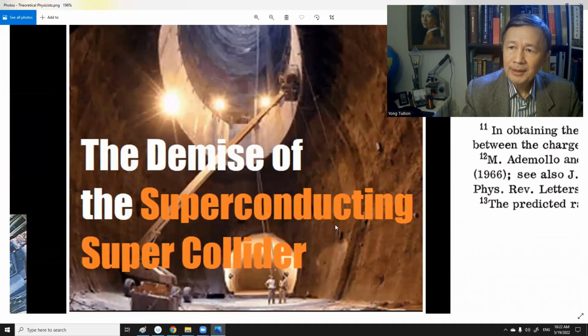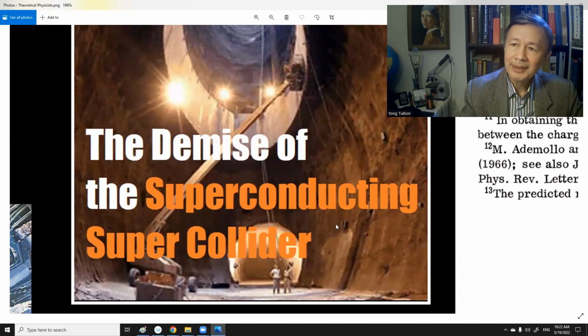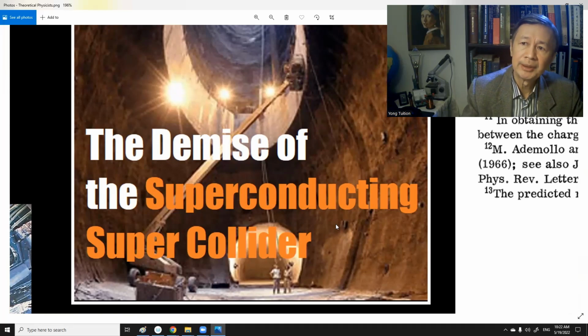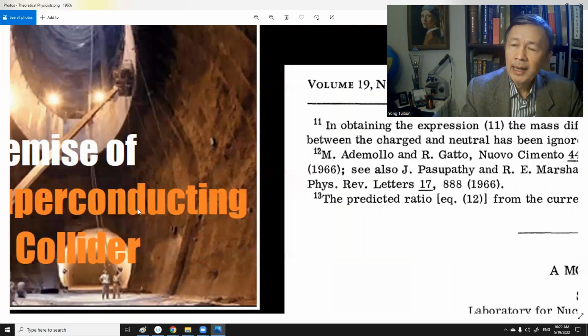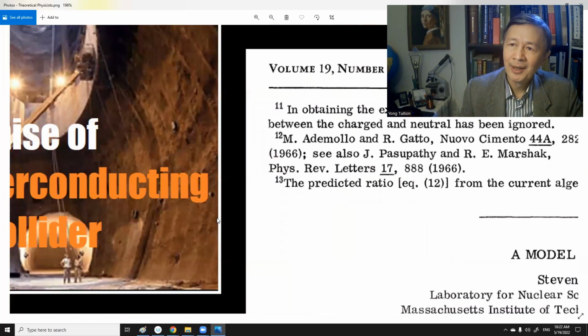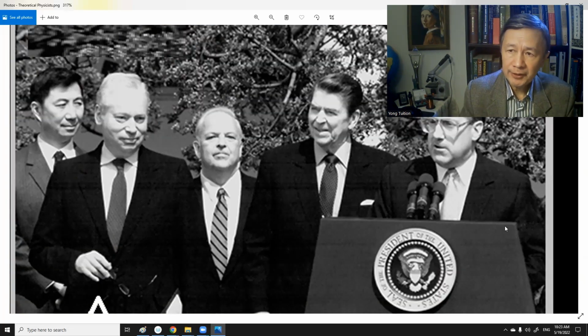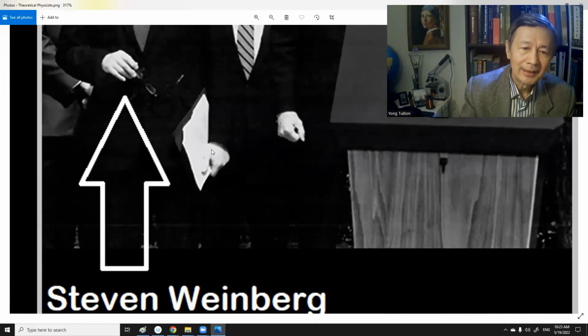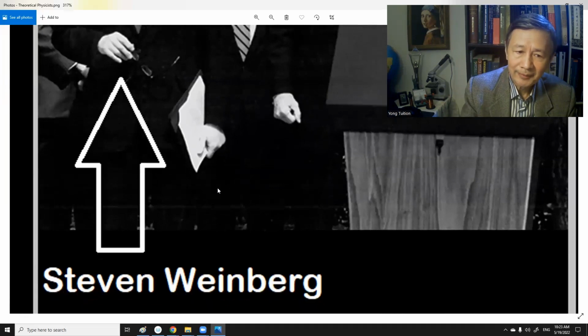But something very strange happened. In 1993, due to a special Congress hearing in Washington, D.C., both Weinberger and another theoretical physicist were invited. This is an old photo taken when the SSC project was kicked off, in which you can see President Ronald Reagan. This is Weinberger, not the former Secretary of Defense, Weinberger, but the physicist I mentioned at the beginning, Steven